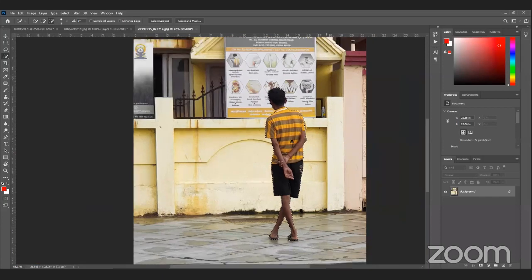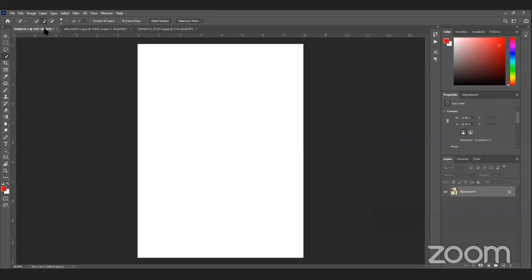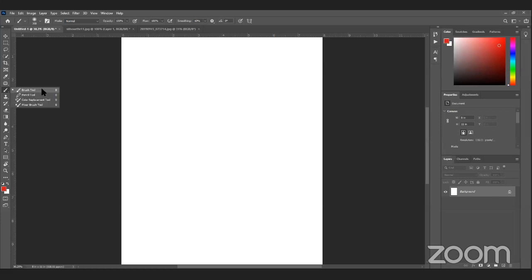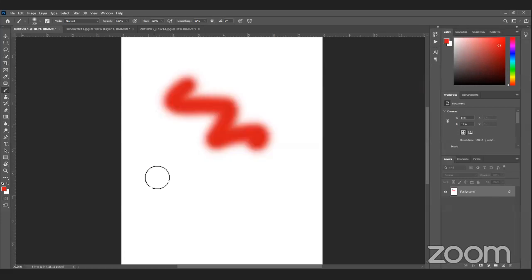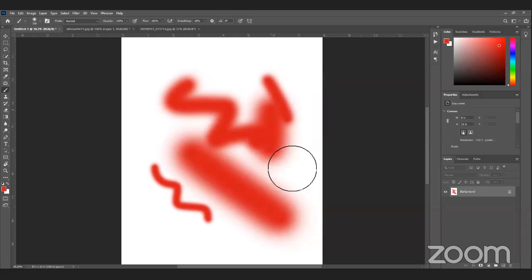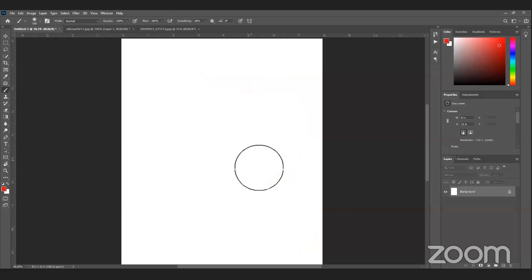Like I am using the simple brush, paint brush, so I am decreasing and increasing the size the same way. And if you want to move back one step, press Control Z. We talked about the history. Photoshop can store 100 history steps in one run, but if we save the file in Photoshop, the history steps will be gone. So there won't be any history steps for that particular file.